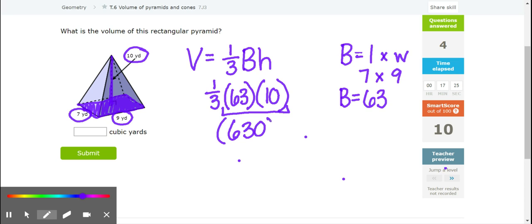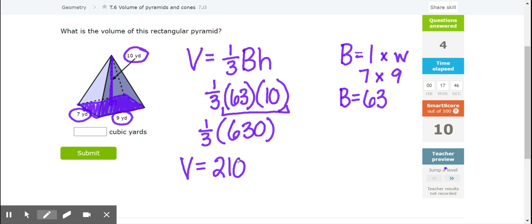And I'm going to multiply that times 1/3. If I multiply something times 1/3, I'm really just dividing by 3. So in my calculator, I'm going to do 630 divided by 3. And I get 210. So my volume of this pyramid is going to be 210 cubic